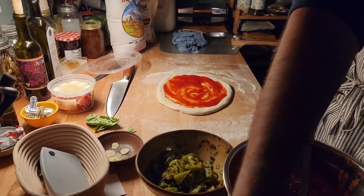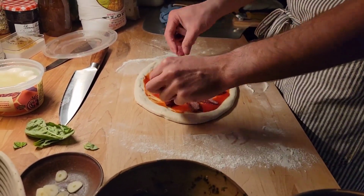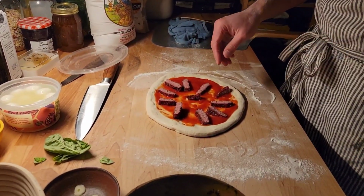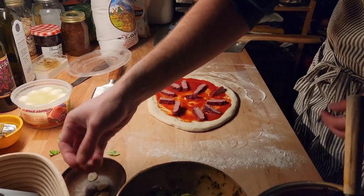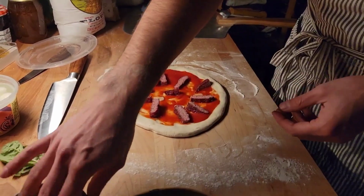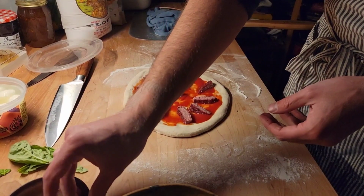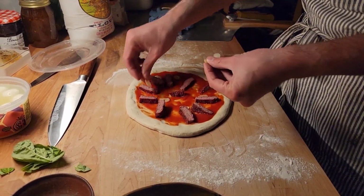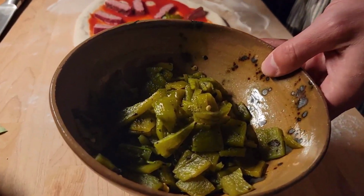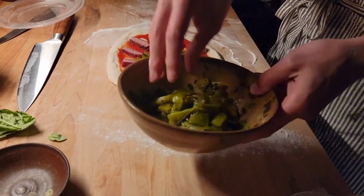Let's get some elk on there. Whoa. And we get the elk burger on there. Nice big chunks. Let's put some of that. Let's do some garlic. Yeah, gotta have a little garlic slices. I feel like garlic is a nice thing to put with it. And don't forget, there will be green chili on this one. You know what this one's for. I had some. A couple of the bites were hot. A couple of them were not so bad. Some were real hot, so...